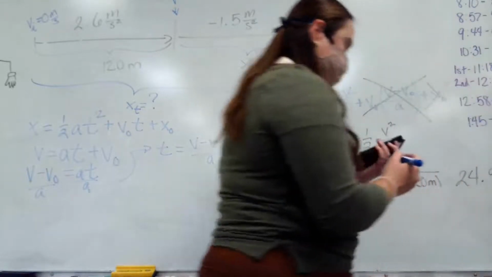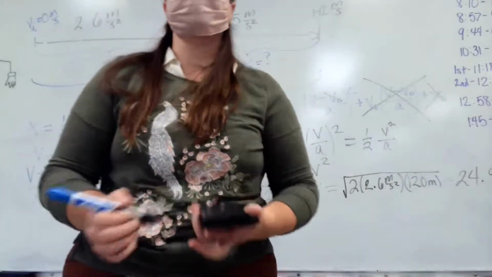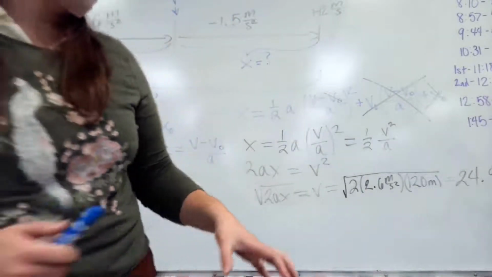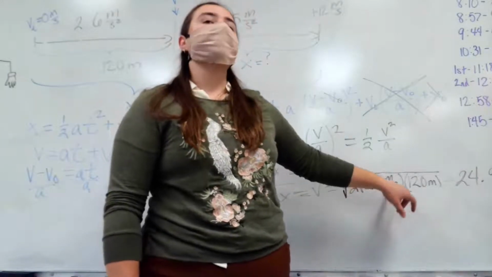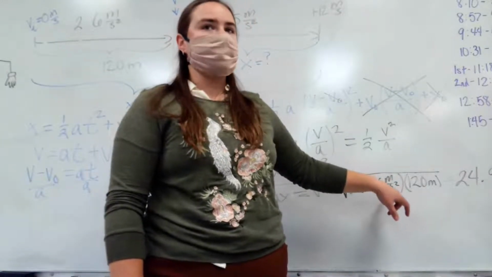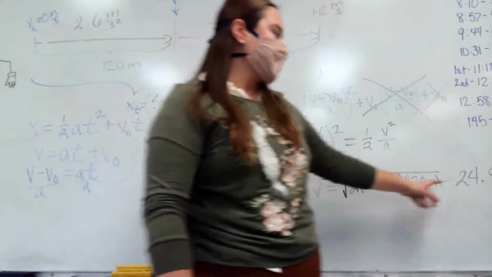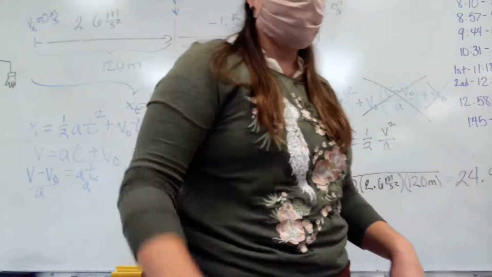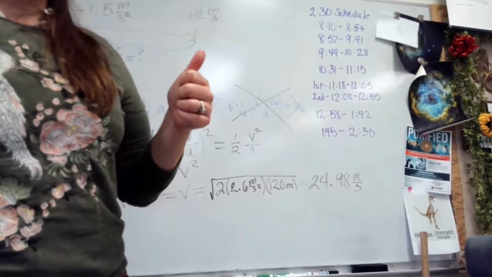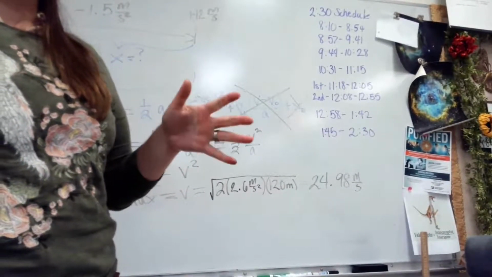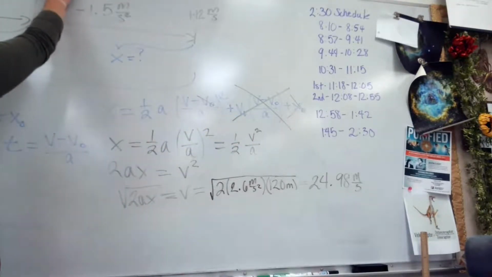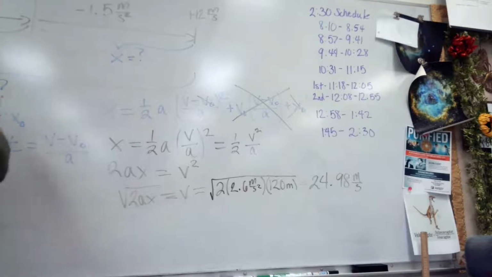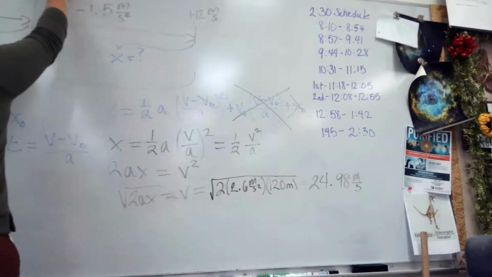All right. Don't forget, if you are looking at your units, which is a great way to check things, we would get meters squared over seconds squared, but you have to square root your units as well. So don't forget about that. So we will get 24.98 meters per second, which is good because that's velocity. Everybody good? Are there any questions? All right, so we now know our V here. So we can say V is